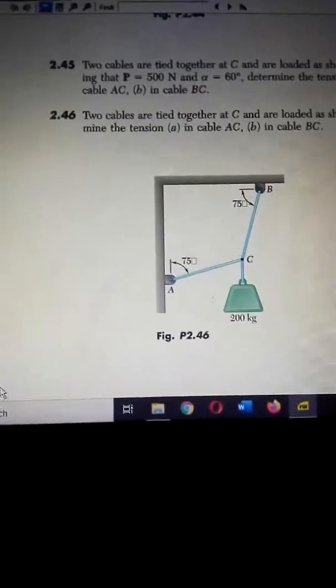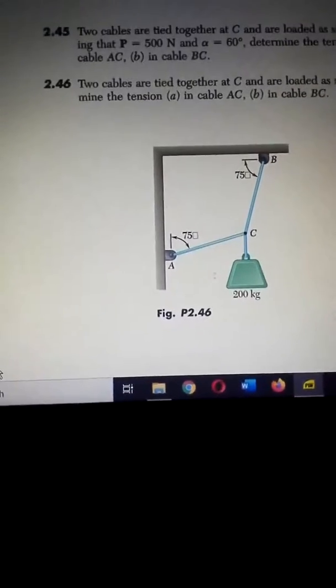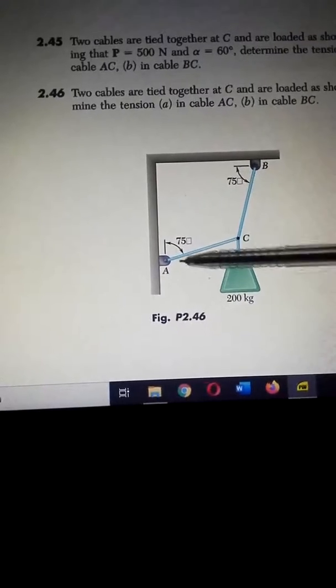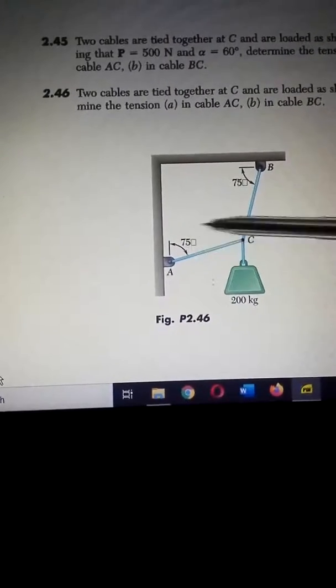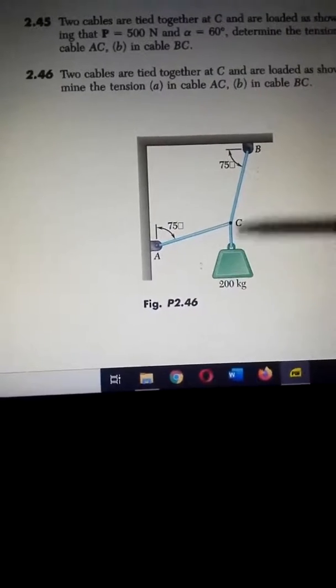Alright, so we know from this diagram the direction of all the forces involved. We can see that this one is at 75 degrees to the horizontal, this one is at 75 degrees to the vertical, whereas this is vertically downwards. It's a weight. So with that, we are good to go. We have